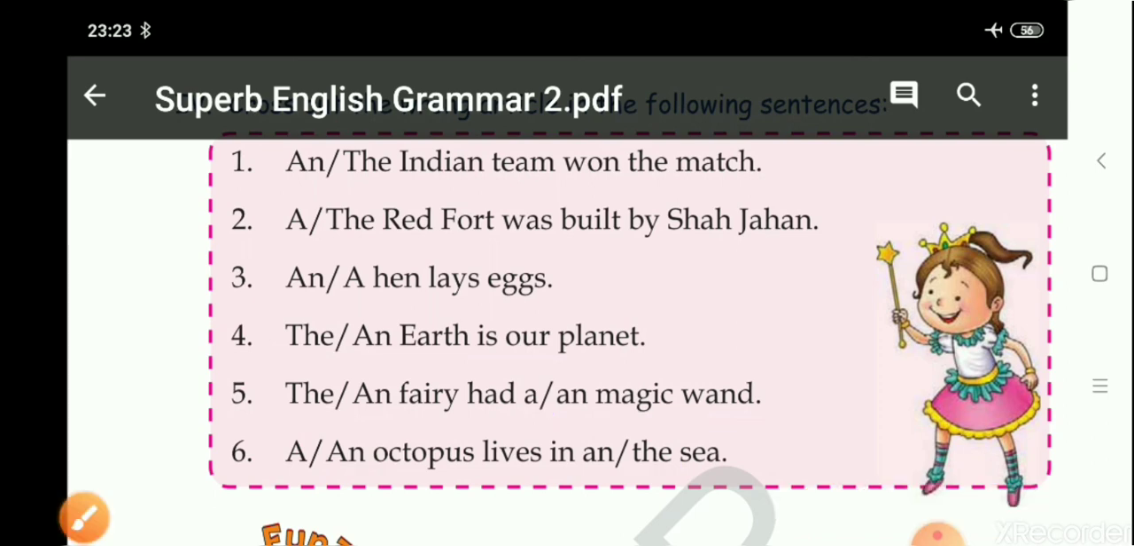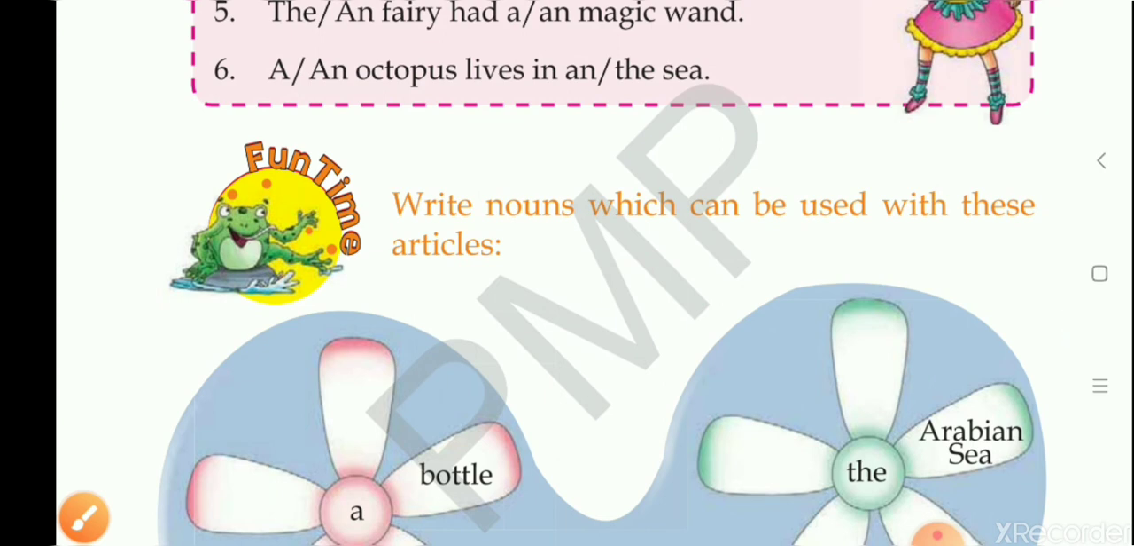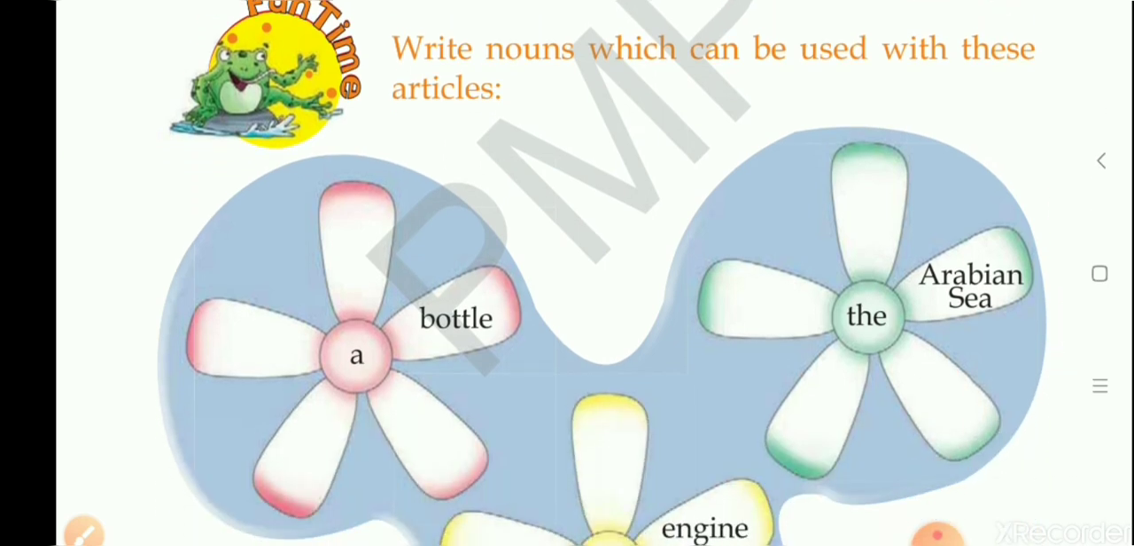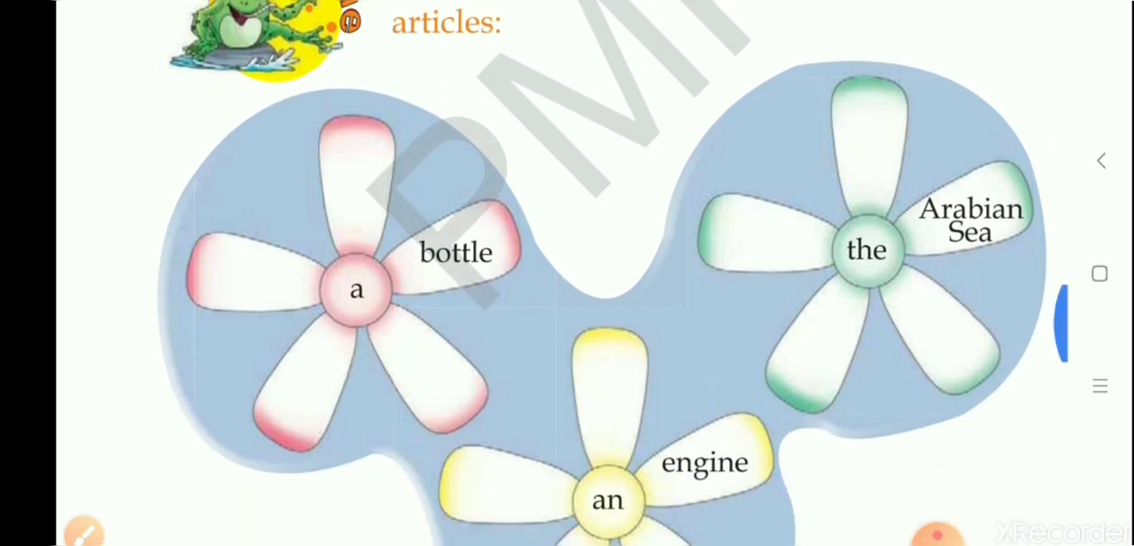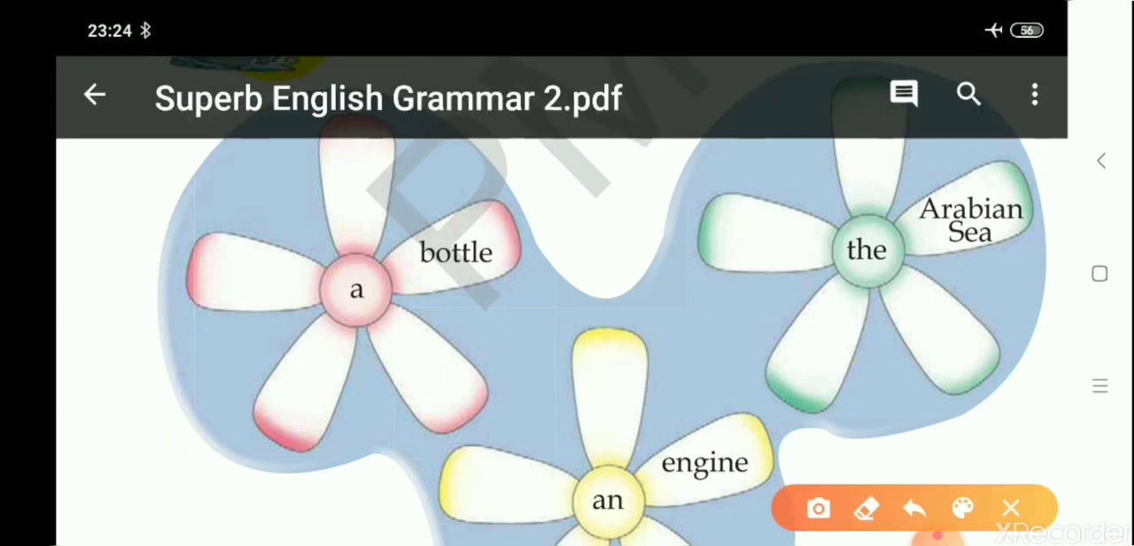This is also over. Now coming to the fun time. Write nouns which can be used with these articles. You have to write the names of nouns. A bottle. Children, this is very easy. You can write any word, any noun that starts with a consonant for A. Here you can write any singular noun whose spelling starts with a consonant, like